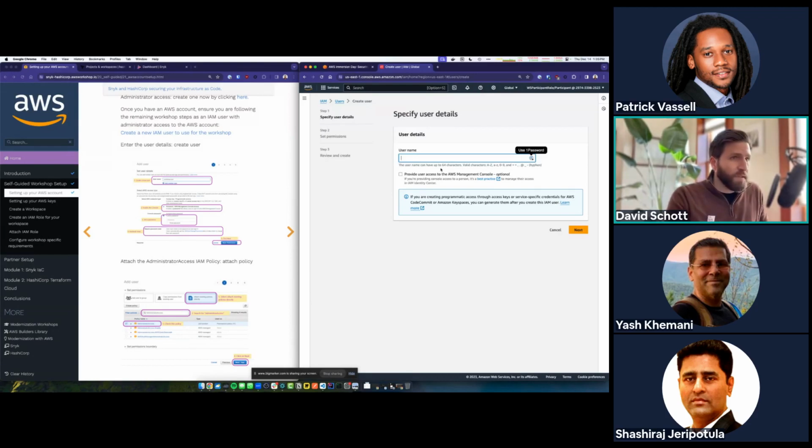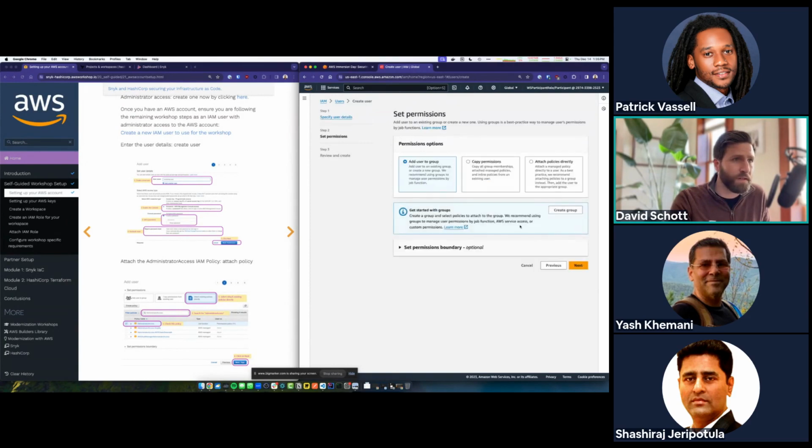I'm just going to use what's in the guide here and type workshop user. And there's a checkbox here, provide user access to the management console. We don't need that because all we need this user for is to get their AWS access key. We're going to use that access key later on. So we're just creating this user to get an access key to AWS. So we can click next here.